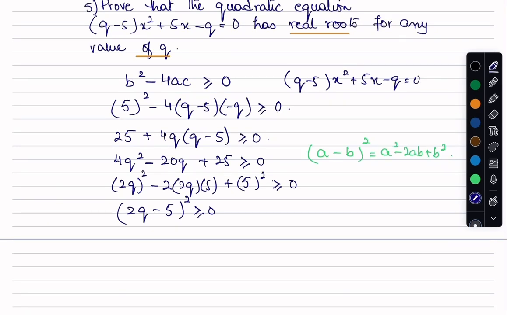So I'll just write that therefore for any value of q, (2q minus 5) the whole squared will always be positive,